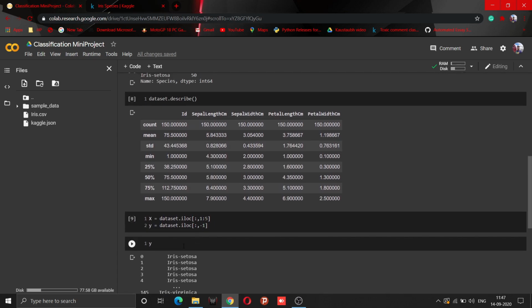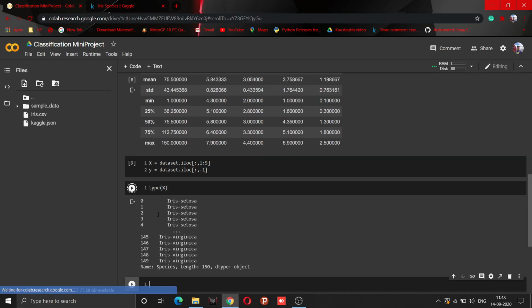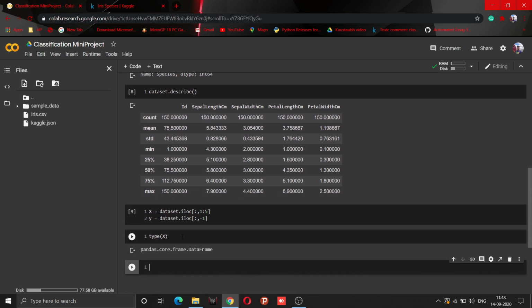Okay. Now let's see the type of x. It's still a data frame, but as you know, we want to input a NumPy array. So we can use dot values here. If we use the dot values method, then this method will convert this data frame into NumPy arrays.